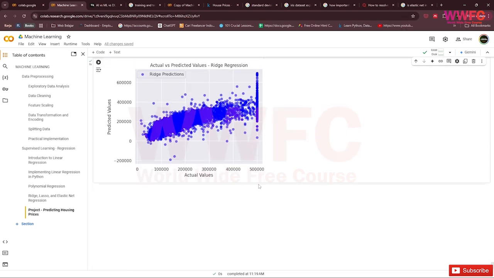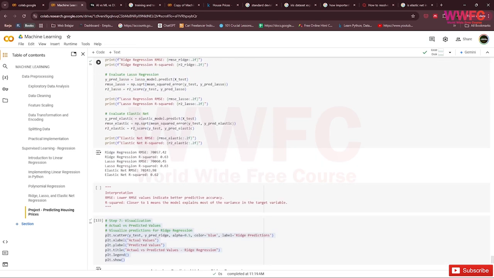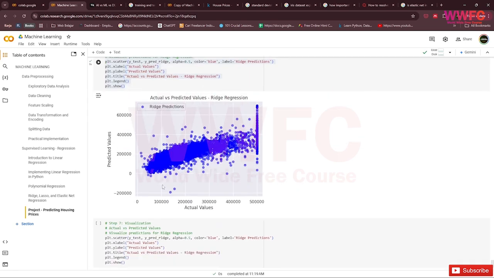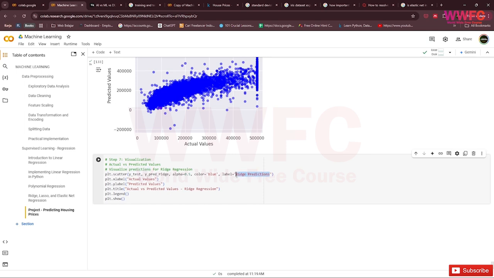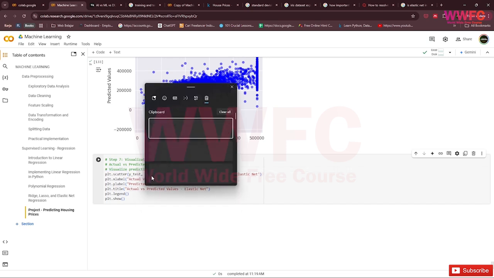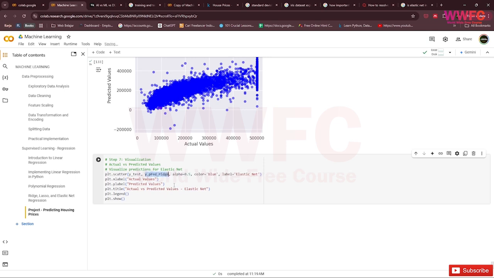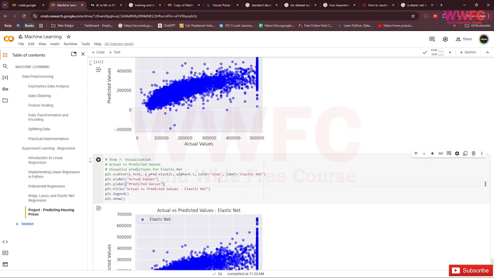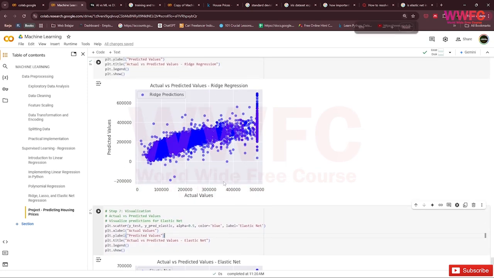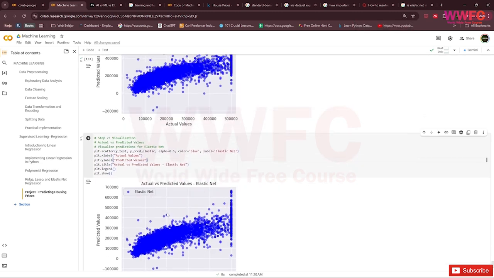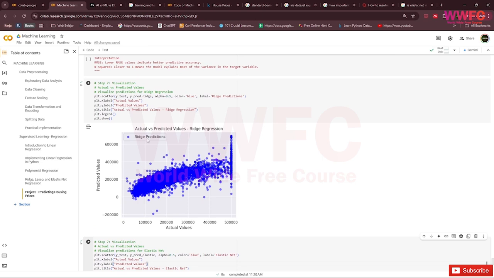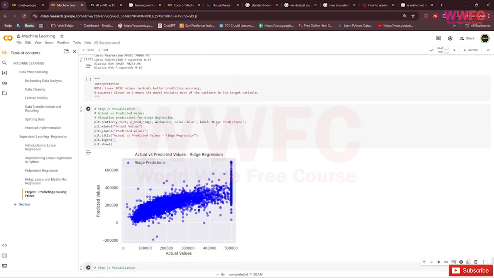How about we use the elastic net? In here we can check elastic net. The value in here we change using elastic net, and this is elastic net. Y-predict elastic net. So yeah, it's really much the same, not really that much of a difference, but using elastic net it's a bit lower than using the ridge prediction.